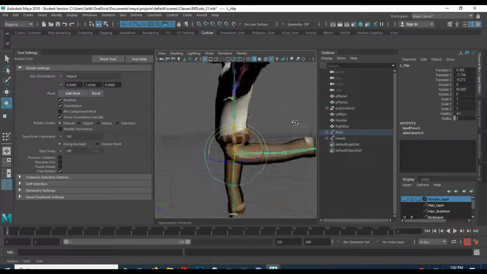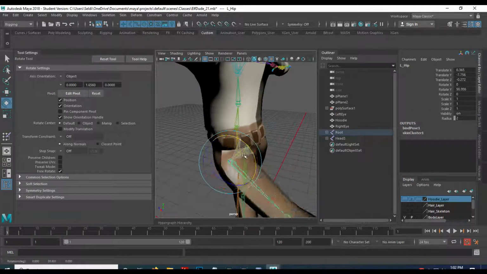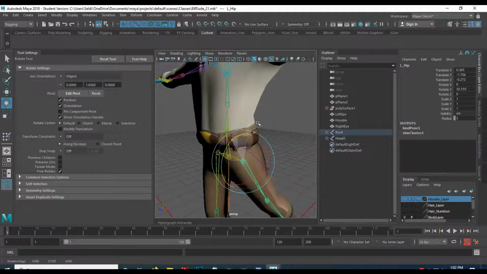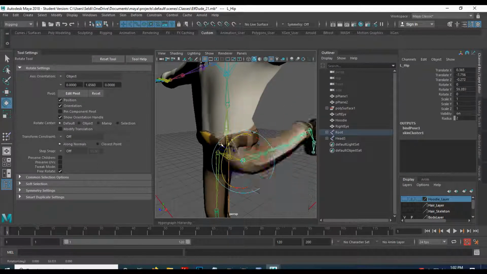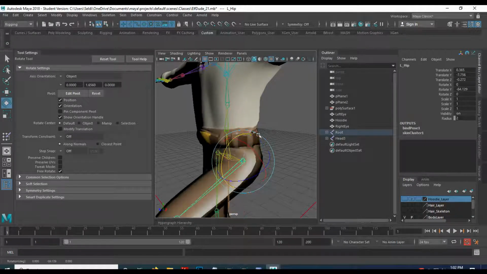So good enough under the butt. We're not really going to be that close to his butt, but it should be from far enough away where it looks okay. You can see part of the chest ended up moving. That's unnatural up there. What that means is the hip has control over this upper chest area, which it should not have. So what I'm going to do is go back in,